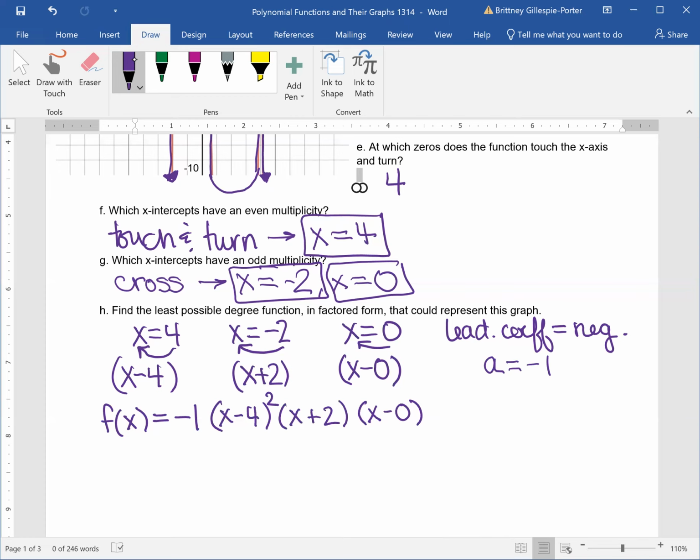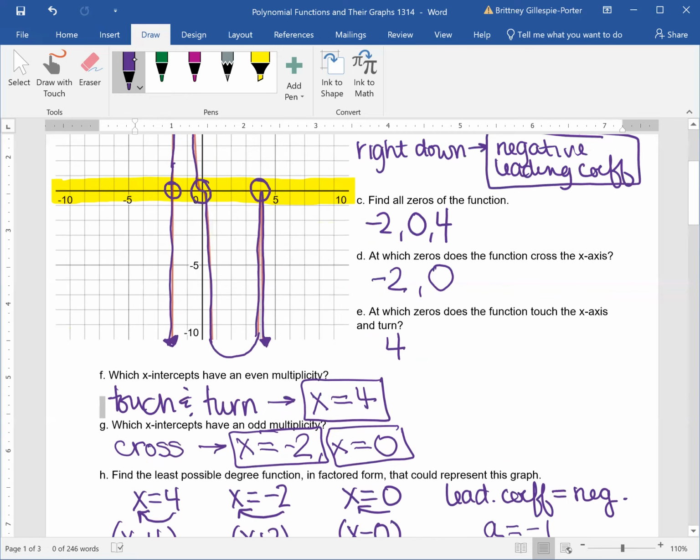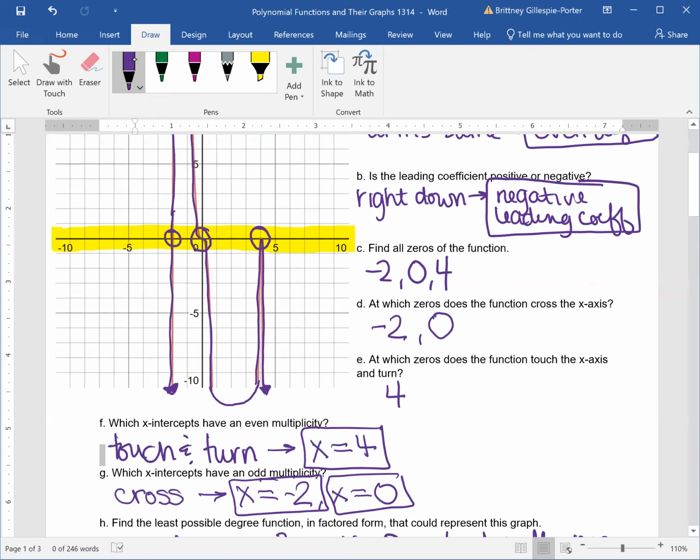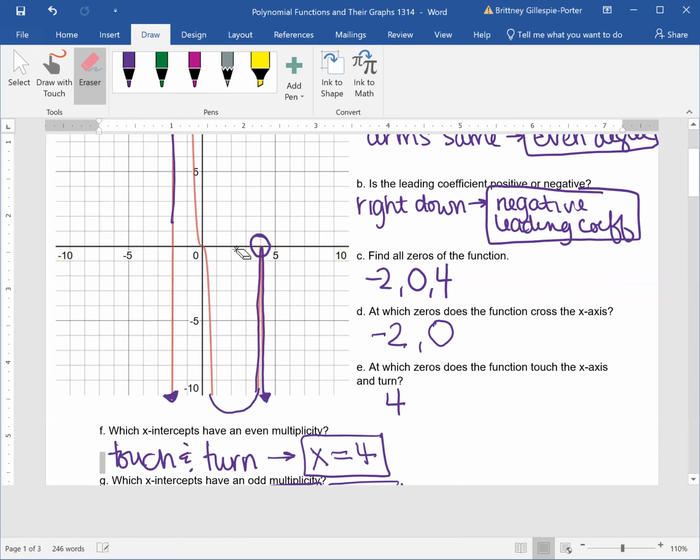For x equal to -2 and x equal to 0, we need to look at the graph, because they both cross, which means that they're odd. But if you look at these two, I'm going to get rid of all this other stuff so we can see what's going on here. If you look at these two